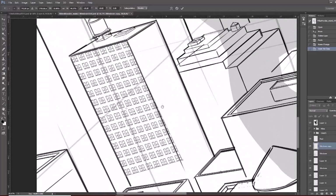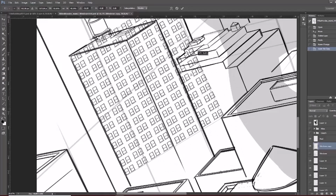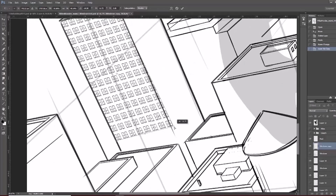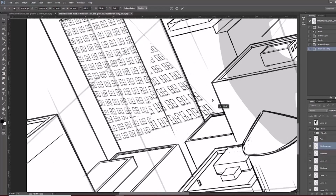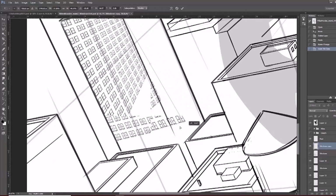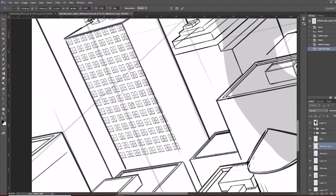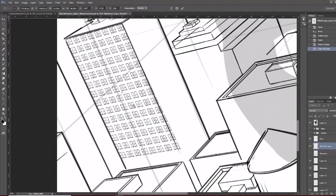I'm holding Control as I'm grabbing each little nodule on the ends. So holding Control and then holding these, you're actually able to do that. And then if you hold Control on this one and Shift, it'll snap to that line. It takes a bit of practice, but I want to try and use Control and Shift so I can get that same perspective. I'm looking at this here, kind of looking at that and matching it. So now it's exact. It's exactly the right